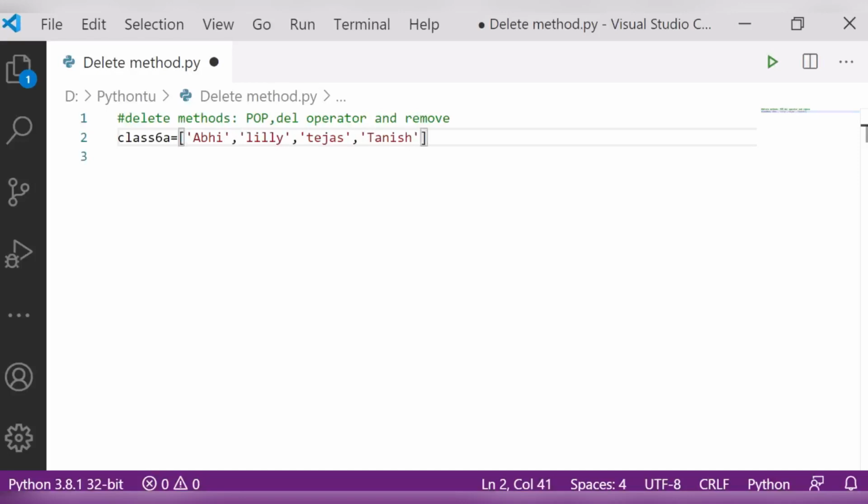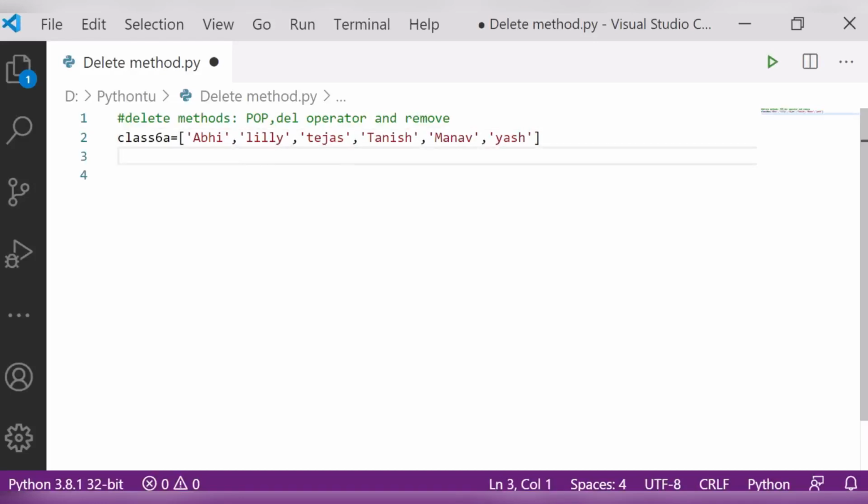And after that I have one more name in my list, Manav. Then one more name, I can write any other name, like Yash. So this is my list.